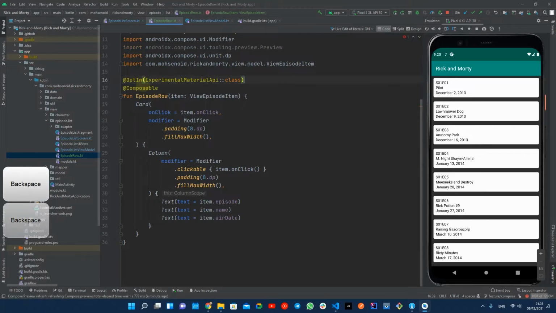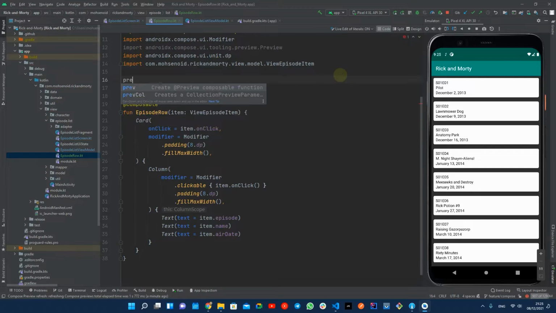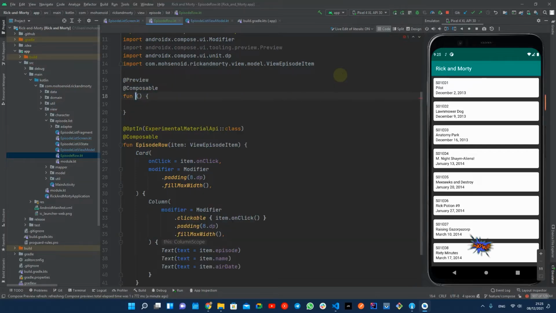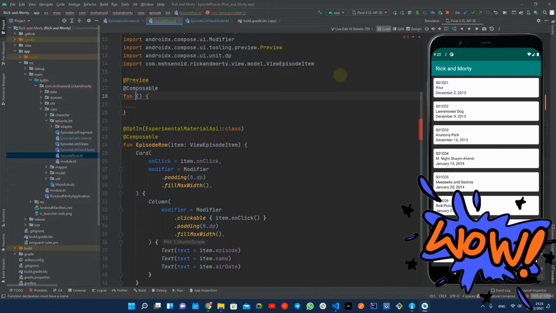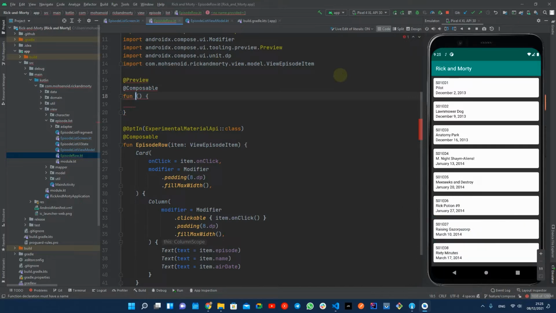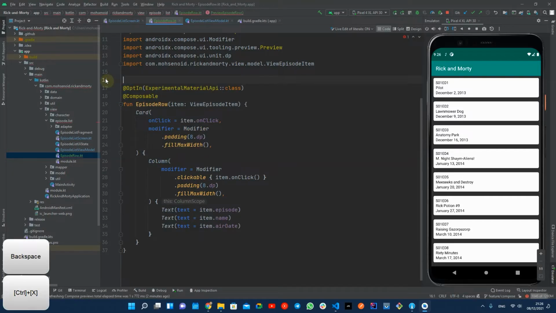And remove the preview from here. Also, some of you mentioned in the chat that I can do something like this. There is already a shortcut defined for preview composable: you can type prev and it will generate the whole function for you. And we are going to call it preview episode row. What this is going to do is just call this function with some default